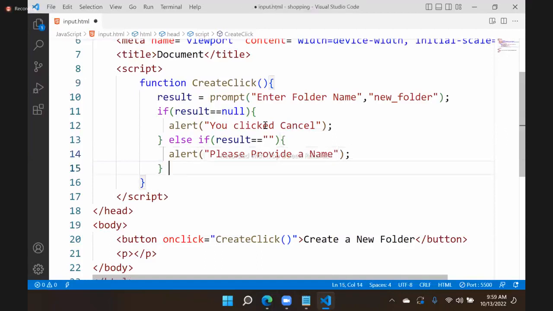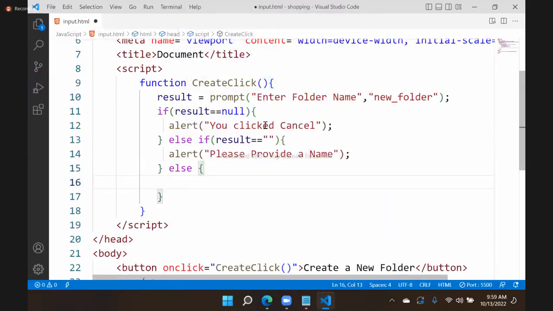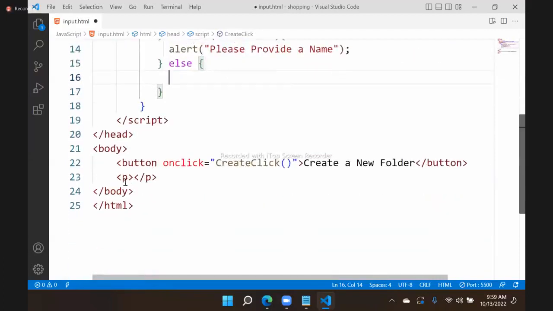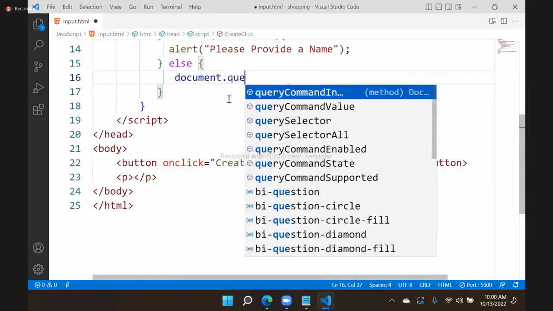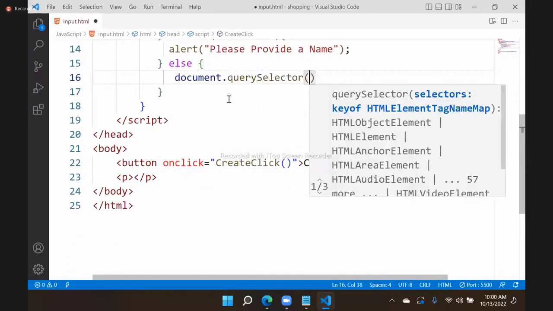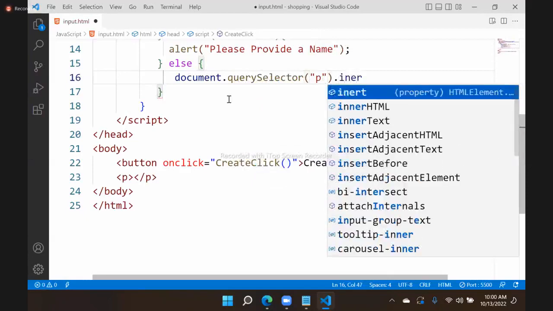If it is not both, that means it is not null and it is not empty, it is having some value. We will display the value inside the paragraph. How to access that paragraph? document.querySelector, paragraph. Because only one paragraph is there, I can try this. There is no ID, name, nothing. So inside HTML, innerHTML, I want to